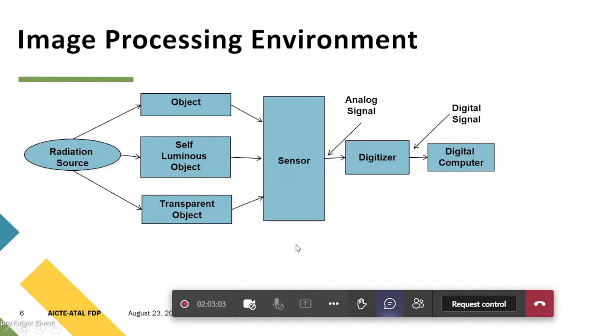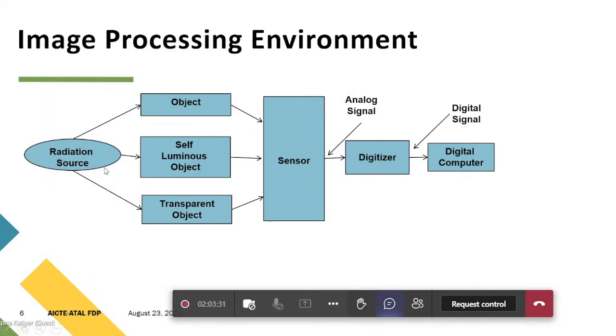Now let's discuss the environment. As I've told you, there is a process of conversion of an analog image into a digital one. I'm talking to you, you can visualize me, and my image is available to you clearly. From my end it is transmitted and you are able to receive it. So the overall process involves sampling plus quantization as well.